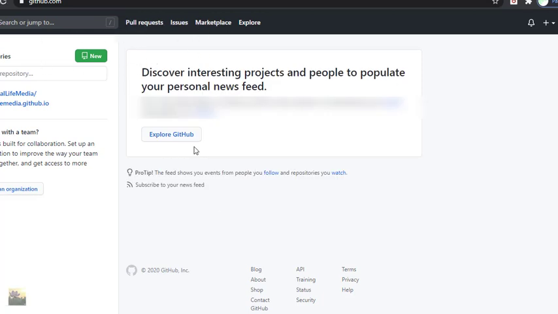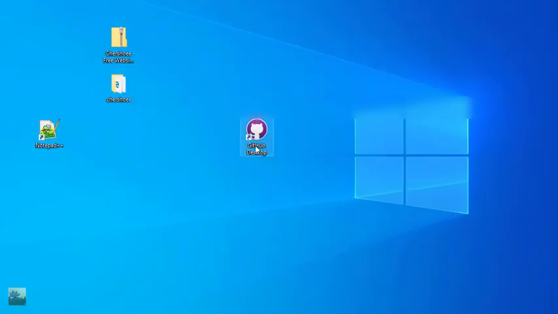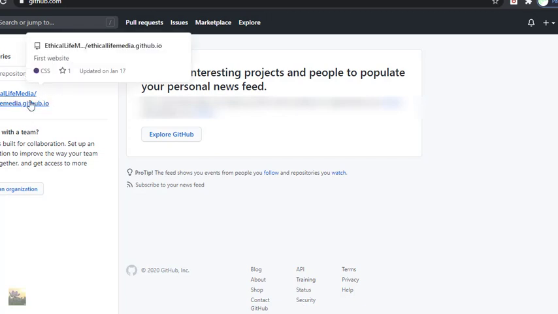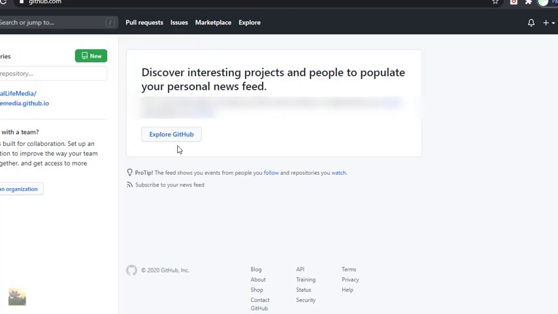So I already told you to download this software, GitHub Desktop. This is very useful compared to what we are seeing right now on the screen. But what you have to do is, after you have logged into GitHub, you will see an option like Create new repository. Click on this. See, like this will appear.